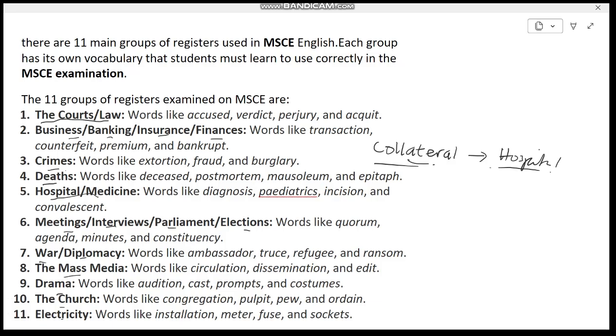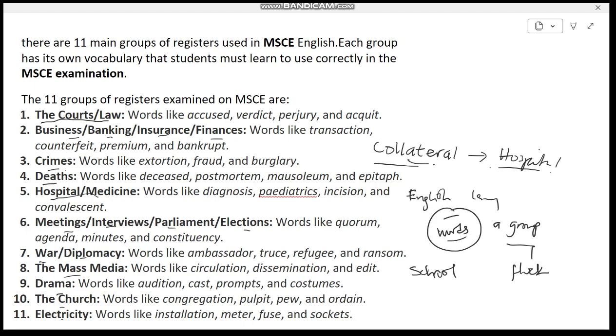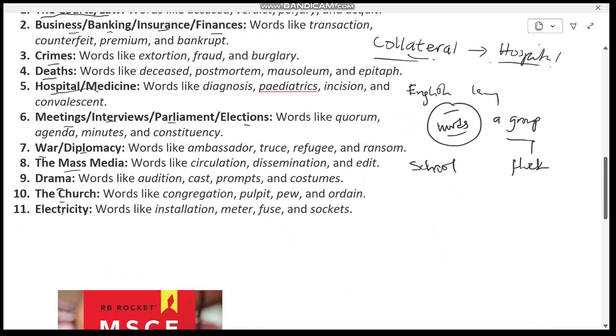So basically, in your knowledge of the English language, your knowledge is all about using words, and registers play a very critical role in that. So you cannot say, for example, a group of sheep. No, why not just a flock? You don't say, hey, the fish came in many numbers. No, it was a school. It was a school of fish. So things like that give us an idea of where you are. You know what you're saying.